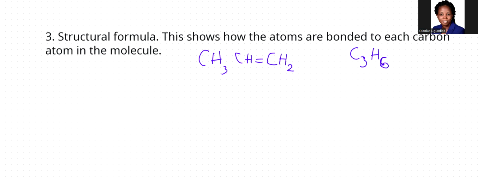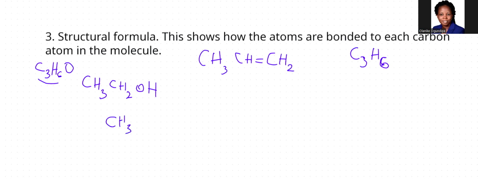Another example of a structural formula is this: CH2, CH2OH. Now, this formula here shows the way the atoms are arranged. This formula can be compressed to give us this molecular formula, C3H6O. From this molecular formula, we can also get another structural formula, which is this: